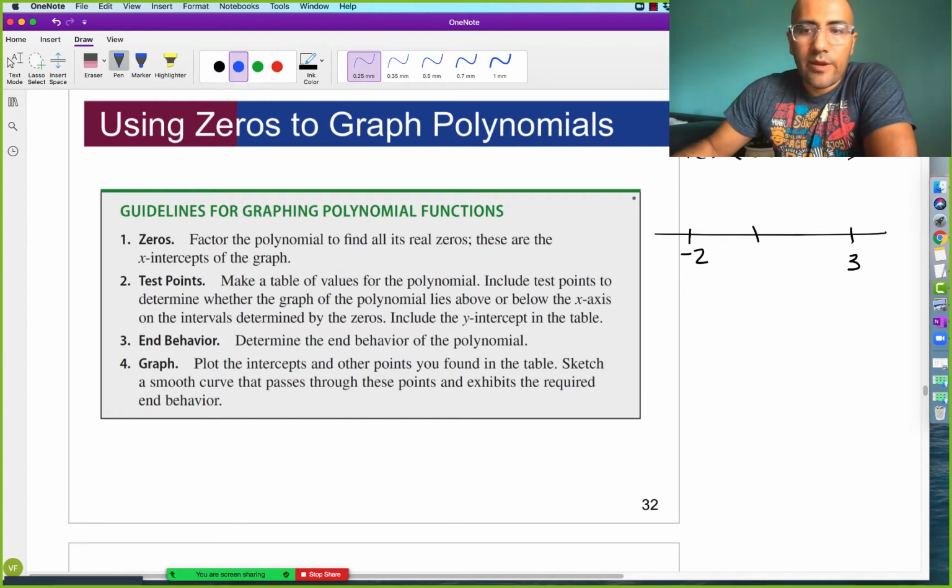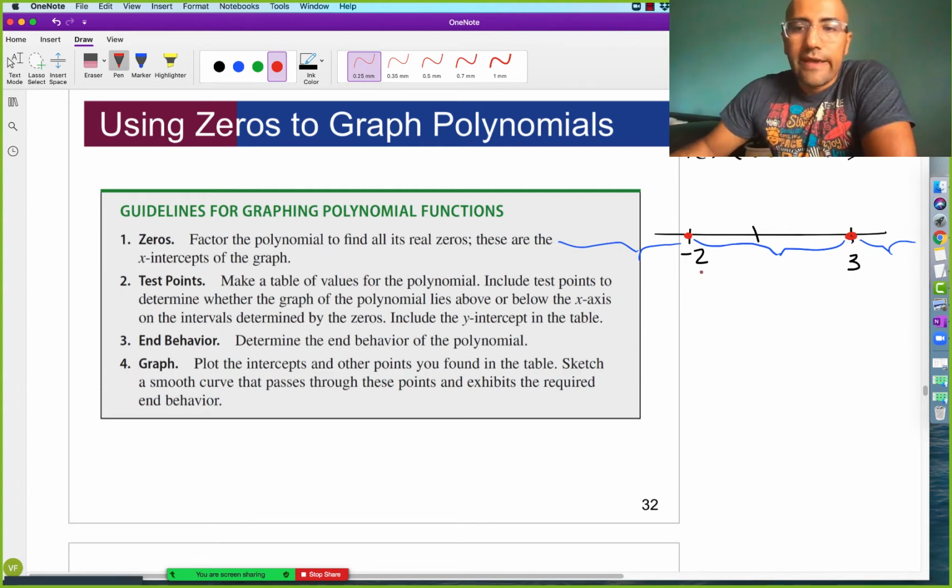Okay, so then that means it breaks up the number line into 3 zones. Zone number 1 over here, zone number 2 over here, zone number 3 over there. There's 3 different regions. We want to grab a test point from somewhere here. Why? Because of the following reason. We found that these are the zeros, so I know the graph goes through these points here. Good? If I find a test point and I find that the test point is positive, let's say there's a point right there that's positive, and then over here I find a test point and this test point is going to be negative, say that, then I am guaranteed that this is the only place where it crosses through the